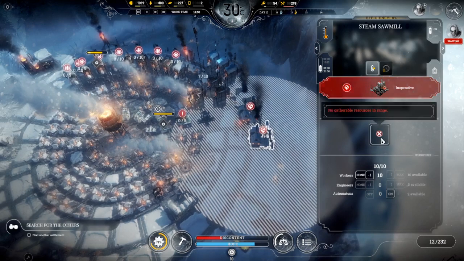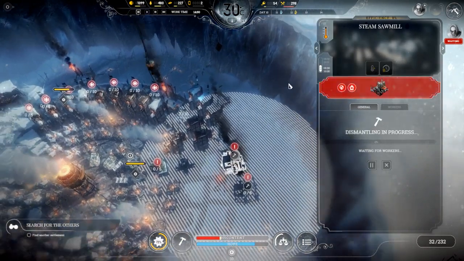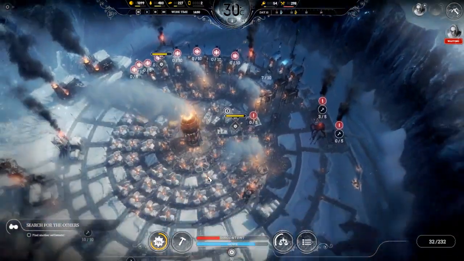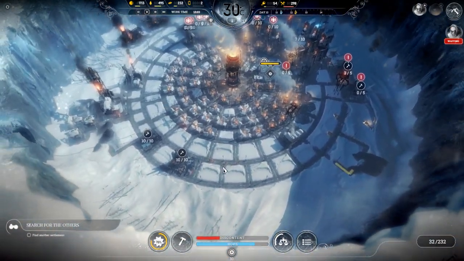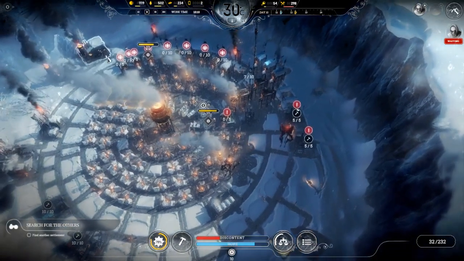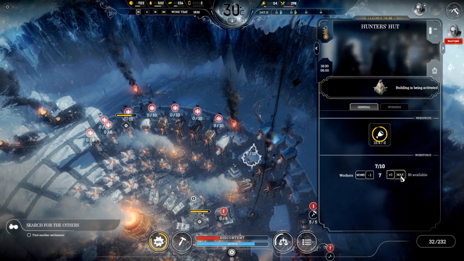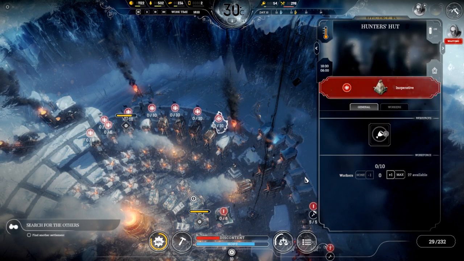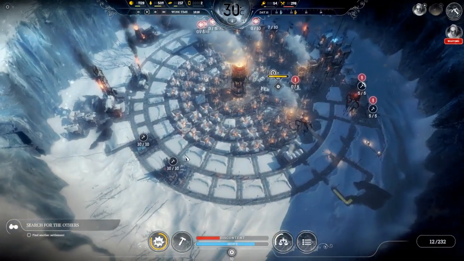Okay, now, no gatherable resources. We can start deleting the sawmills, and we can start allocating our workers to the hunters' huts permanently, so... I only need 10. Put you guys in there. Put you guys in there. 2, 3, 4, 5, 6, 7. Alright, and we're just going to leave them in there permanently after this, so...